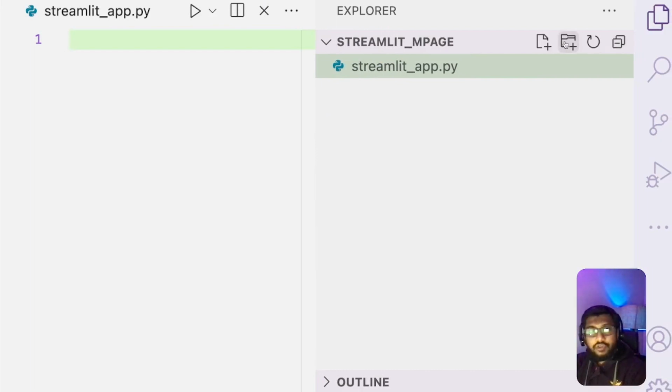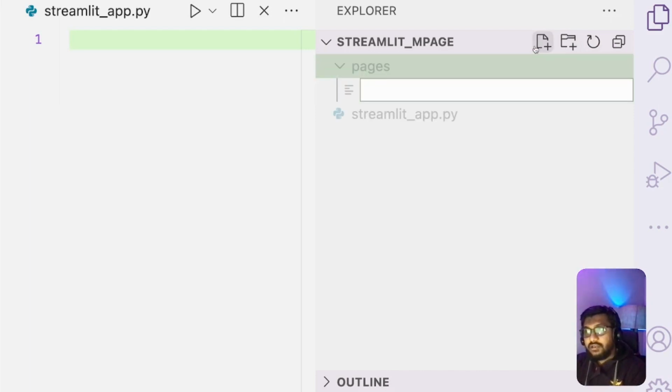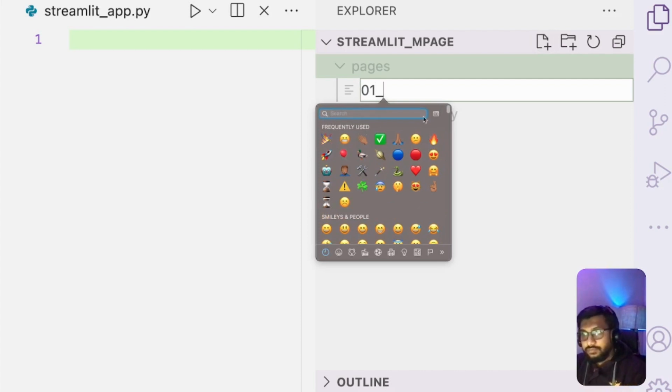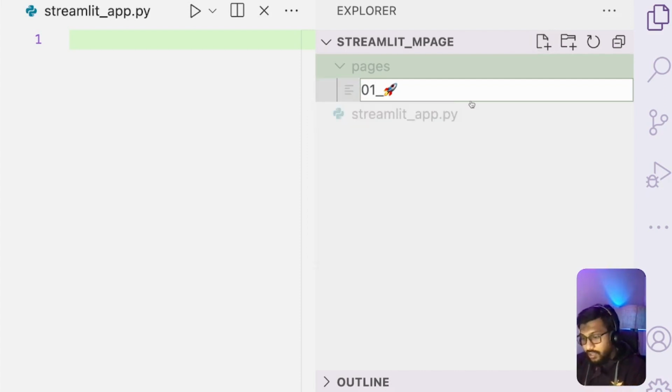I'm going to add a new folder here. So I'm going to click this button, add a new folder. I'm going to call it pages. And inside pages, I'm going to open the pages, then add 3 files. I'm going to say first one is 01 and add some emoticon rocket to say